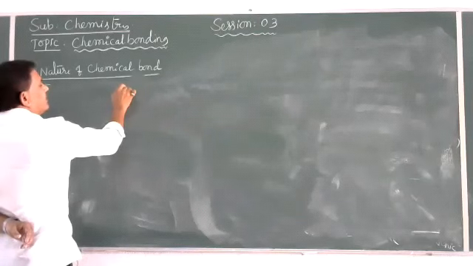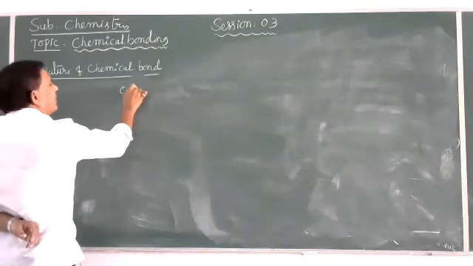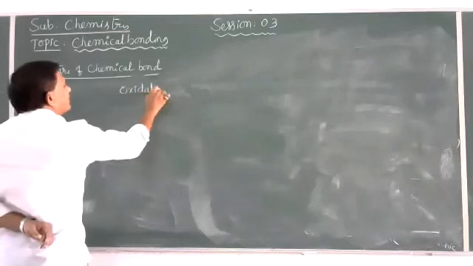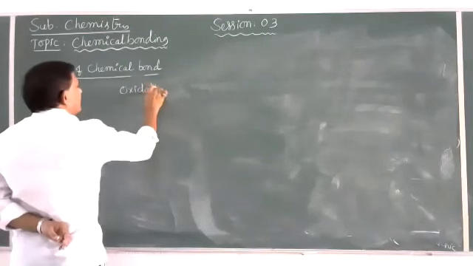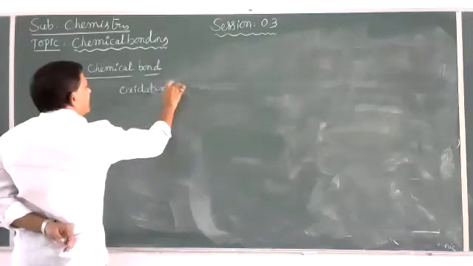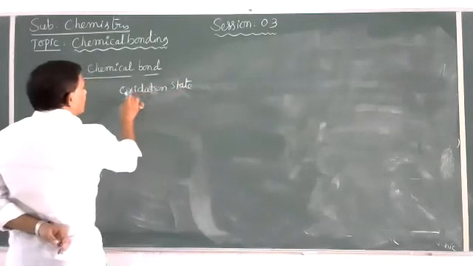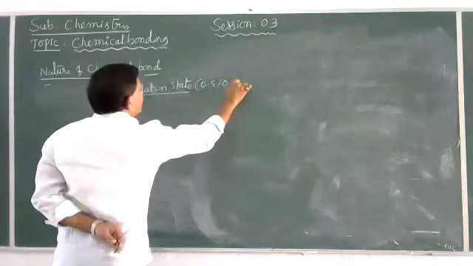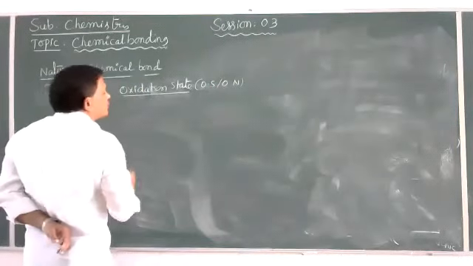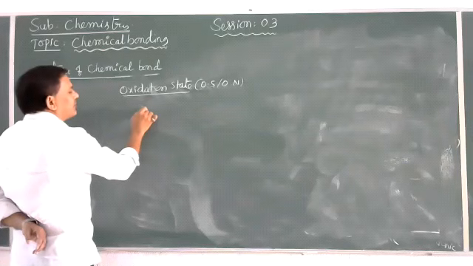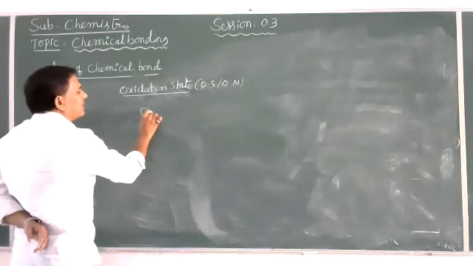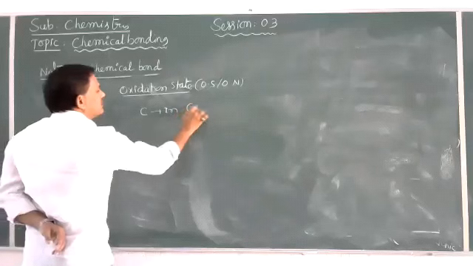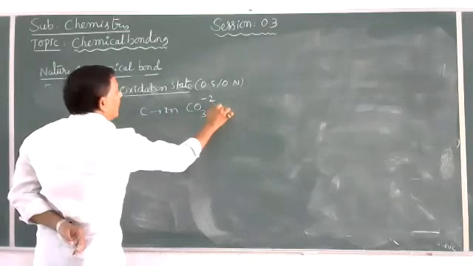Oxidation state, or oxidation number, OS or ON. For example, to calculate the oxidation state of carbon in CO3 2- ion,